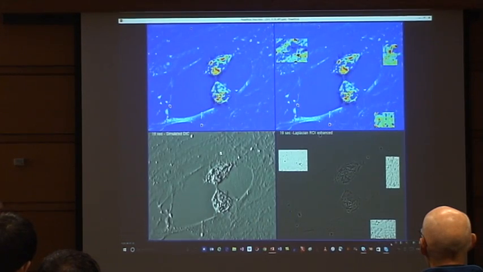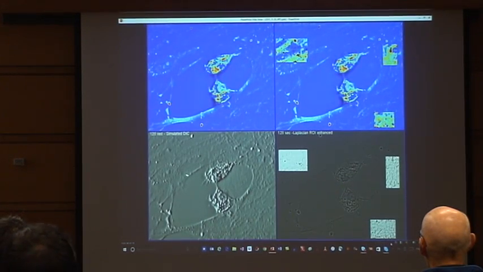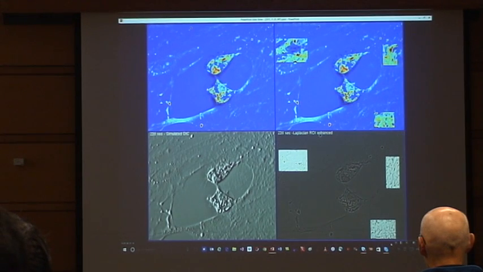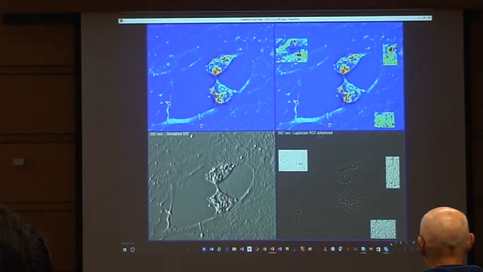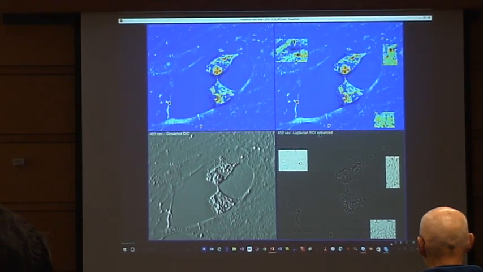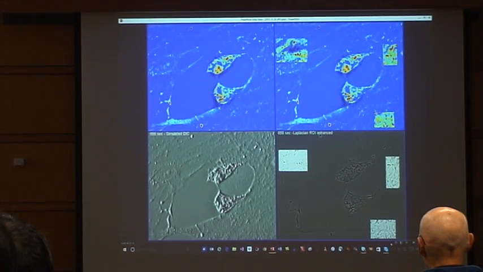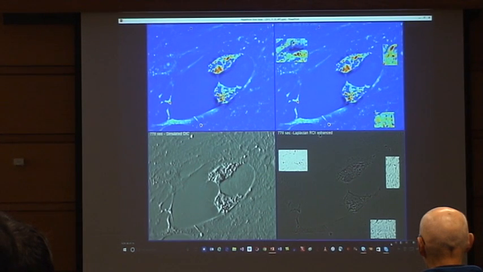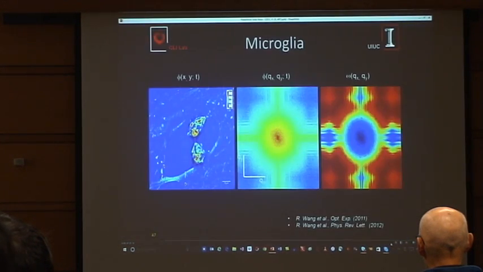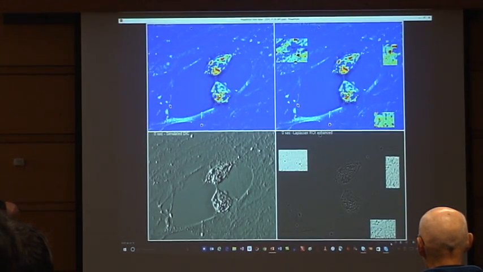An interesting thing is that if you take the gradient of this image, you end up with something that looks like DIC, like a Nomarski microscope, and that's really confusing for the biologists when we tell them that we got the DIC image with the phase contrast optics. But basically, it's just a derivative of the phase. So once you have the phase, you can do whatever. In particular, we're able to show that